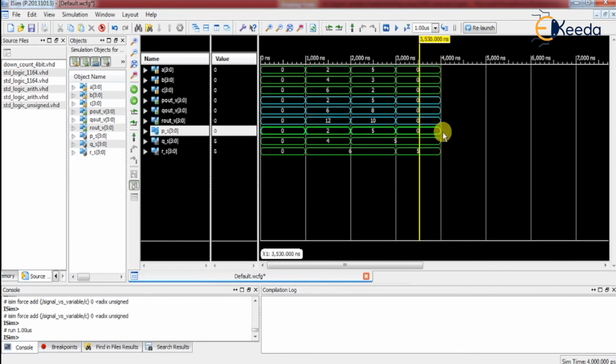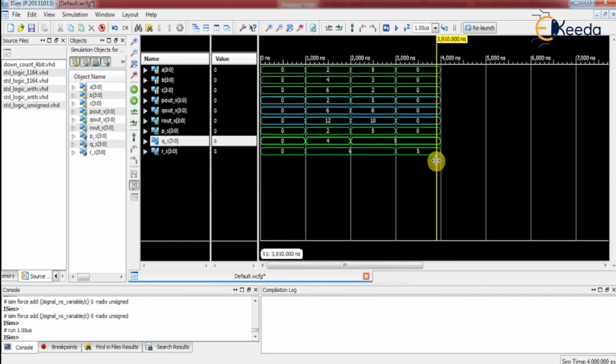Now if you see here, in signal assignment, p signal value is updated because it is assigned only by a. So a's present value is 0, so p signal updated. But if you observe the q signal and r signal, it changes. How it changes? Let's see. Q signal is equal to previous value of p signal plus present value of b. So previous value of p signal is 5, 5 plus 0, so q signal becomes 5. In case of r signal, it takes the previous value of q signal, which is 5, 5 plus c 0, it becomes 5.